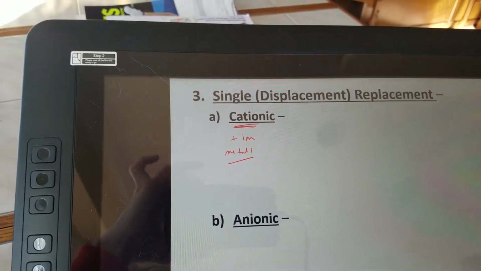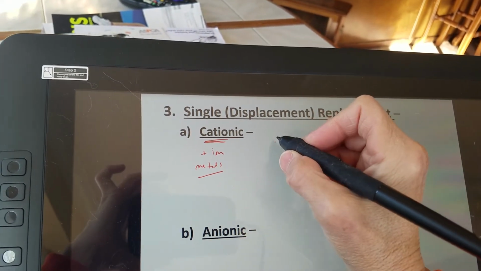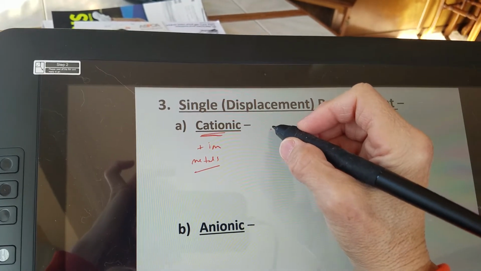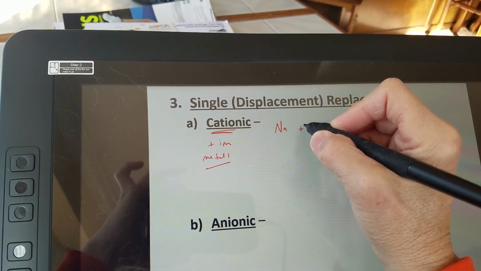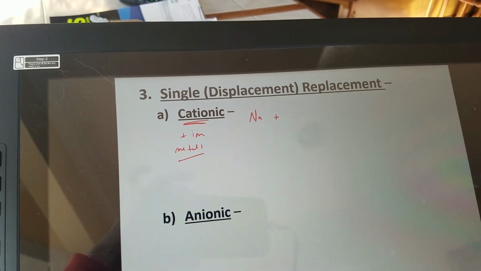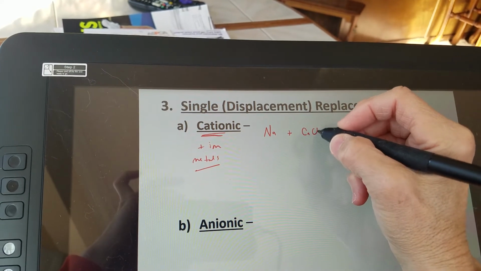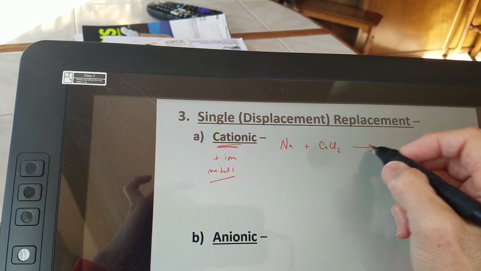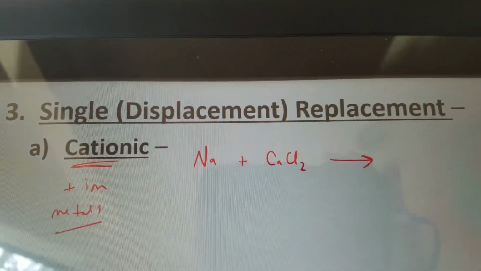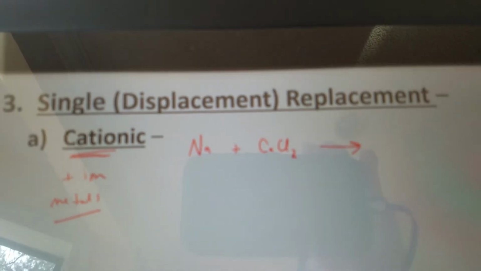If you're doing a cationic single replacement, you're going to have something, let's say that we have sodium, and we want to react it with a compound, so we'll react it, let's say, with calcium chloride. Then I have an element that's reacting with a compound. So what I need to do in this particular case is I want to